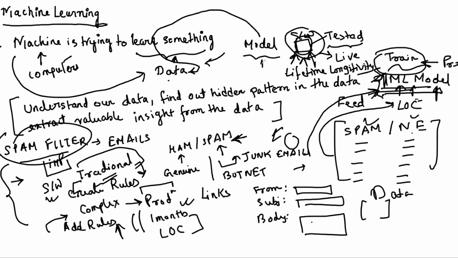Because our training is done on the data, whatever data we have. If, let's say, in the forthcoming years the pattern in the data changes, then the model will behave erratically. The accuracy level will come down. So the main difference is